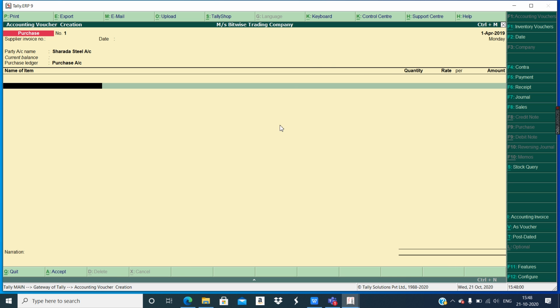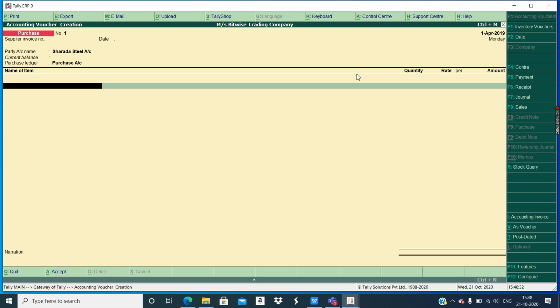Now I hope you have understood we don't have credit and debit sides over here. This is a single entry system. Tally ERP 9 has purchase and sales vouchers in this pattern only. The format of the voucher in purchase and sales is in this manner only. That means it is a little bit flexible. It does not completely follow the rule of the double entry system.